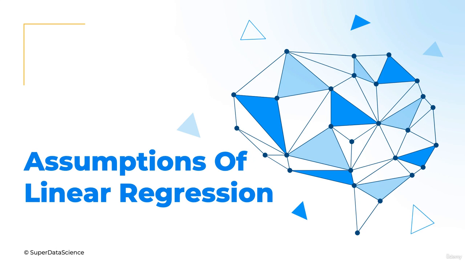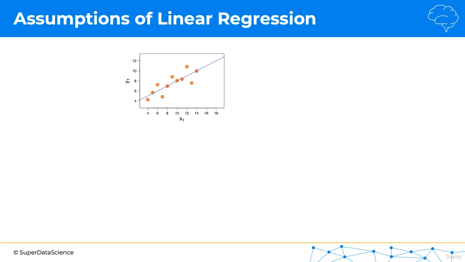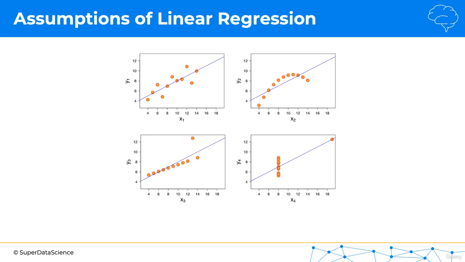Today we've got a very interesting and important tutorial, assumptions of linear regression. So let's have a look. Here we've got a dataset with a linear regression applied, and this linear regression seems to be serving its purpose really well. However, if we look at the following three datasets, we can see that a linear regression is applied